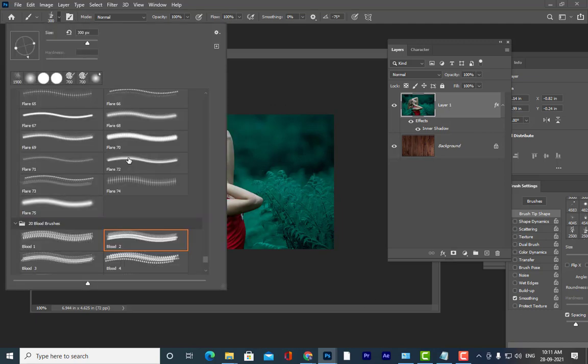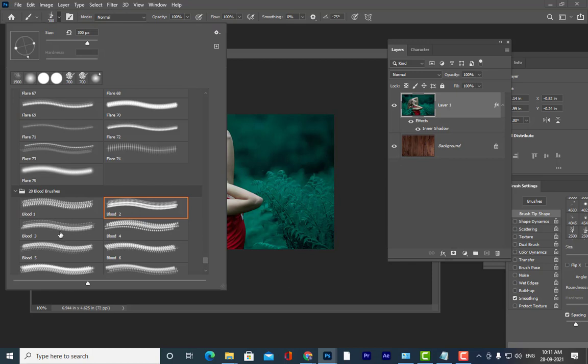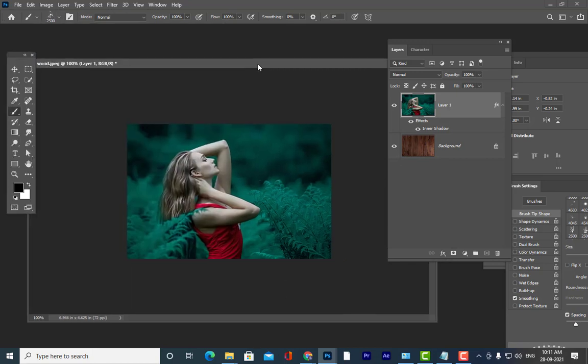Remember these things, don't forget. So this is the brush I have downloaded, and in case you want to rotate this, use shift right arrow.